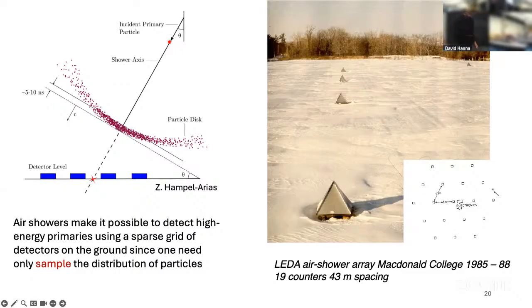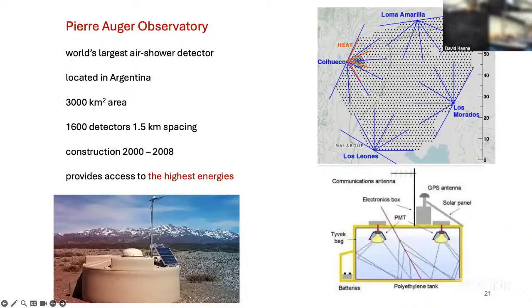But it was something that kept on going. It wasn't like people said, well, that's a silly idea. They just said they're not big enough yet. Let's keep building bigger and bigger. So now we have the Pierre Auger Observatory, the world's largest detector. It's located in Argentina. It's 3,000 square kilometers, which is why they show it on maps of Belgium and such, just to show how big it is. And there's 1.5 kilometers between each counter. The counters are essentially a great big barrel of water detecting Cherenkov light put off by the particles as they go through. And it's been running for almost 20 years,